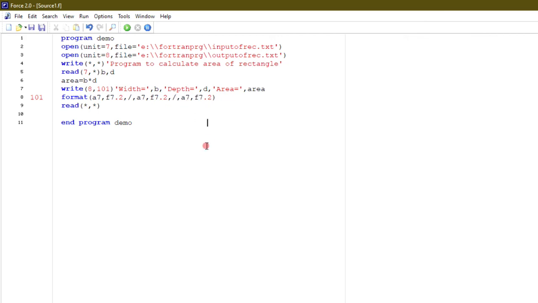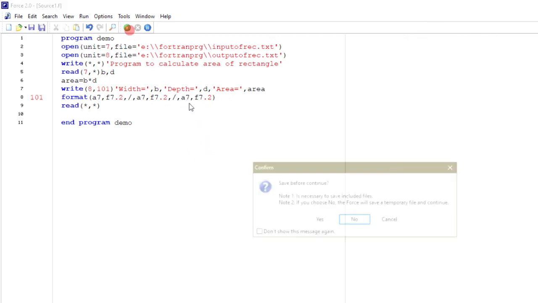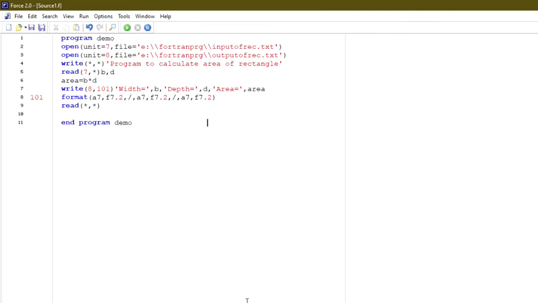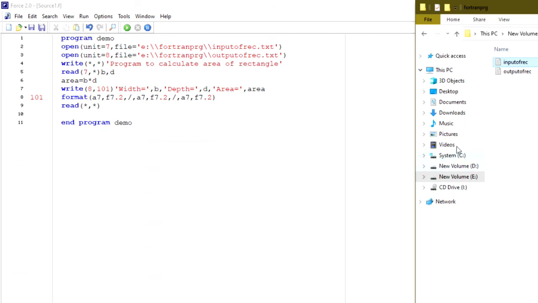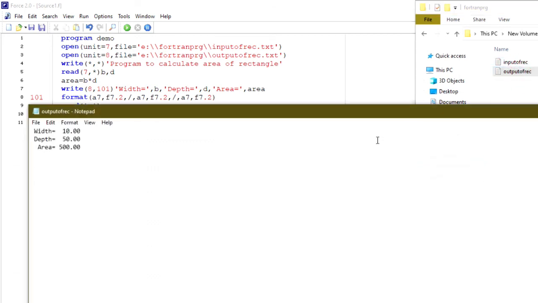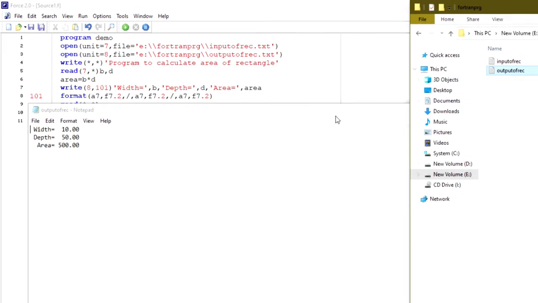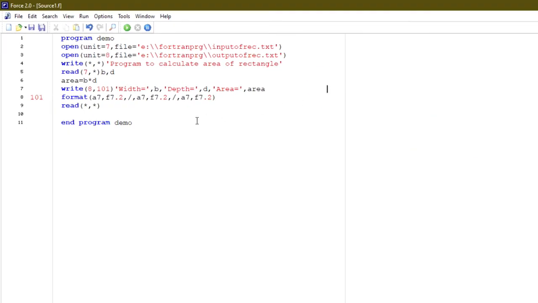Okay, so now we will try to run this program. Program has been executed. Now let us try to find the file. So this is the file here, and yes, now you can see the output is much better: width, depth, and area. Now if I want this output exactly on the screen also,